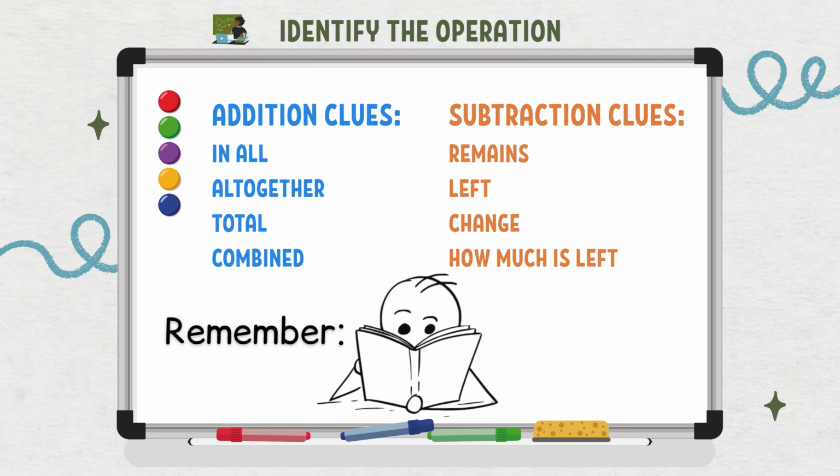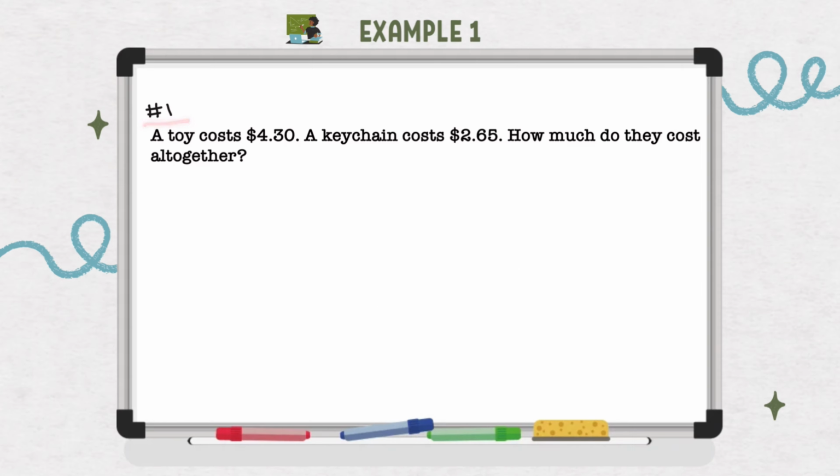All right, scholars, let's get into example 1. A toy costs $4.30. A keychain costs $2.65. How much do they cost altogether? Well, there's our key word, altogether. And altogether means that we should be adding. So I'm going to take the cost of the toy, 4.30, and I'm going to add it to the cost of the keychain,